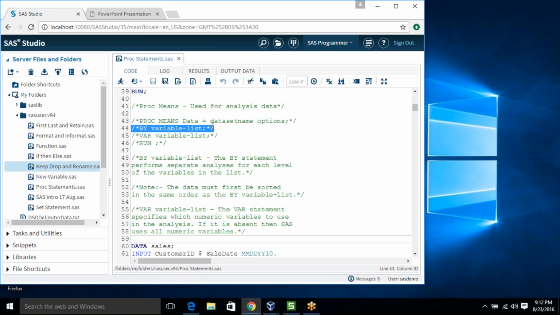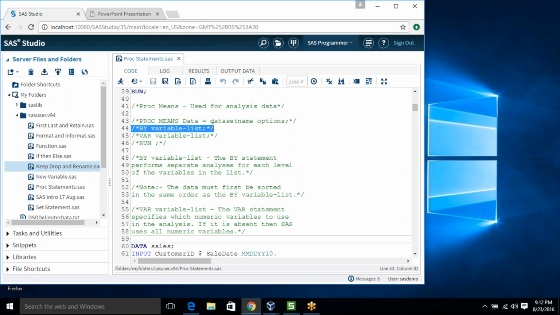You want to do a summation, sum, or average at customer level. So you have to specify by customer ID, and it will do the analysis at customer ID level.